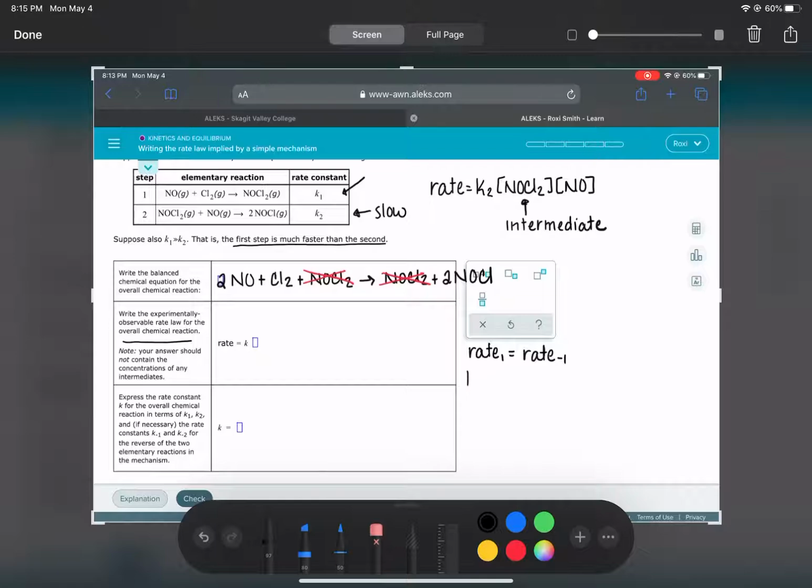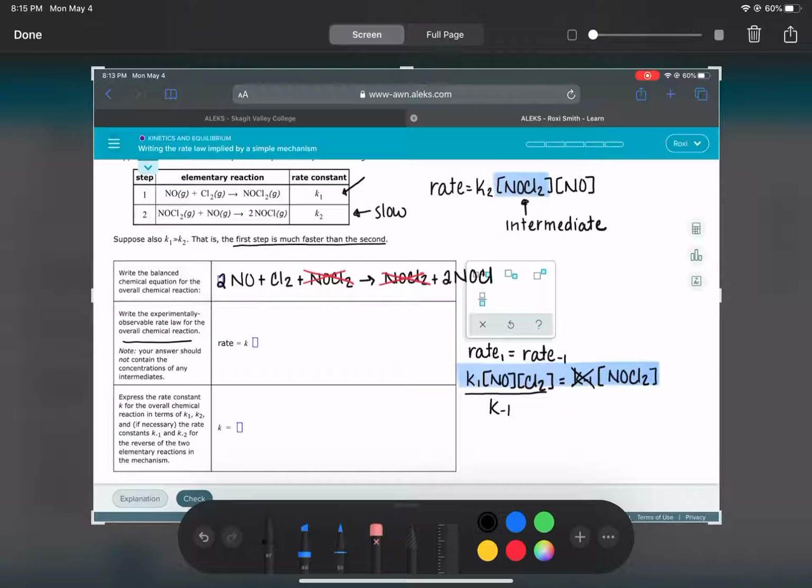The rate law for the forward reaction is going to be k1 times NO times Cl2, the reactants in the forward direction, equal to the rate law for the back reaction, k minus 1 times NOCl2, the reactant for the back reaction. What we need to do is use this equation right here to come up with an expression for our intermediate, NOCl2. So you guys can see what we need to do. We need to divide both sides by k minus 1,